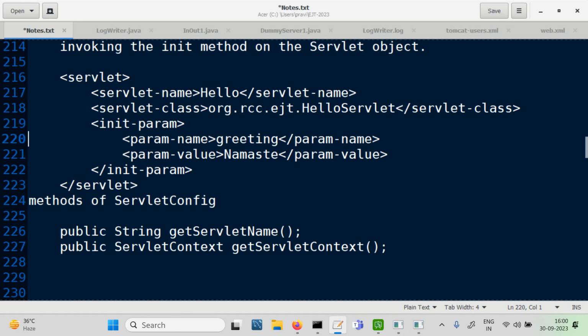When you are deploying this servlet, you are saying, for this servlet, the greeting value is going to be called namaste. So what we have here is a public method that returns a string, getInitParameter,